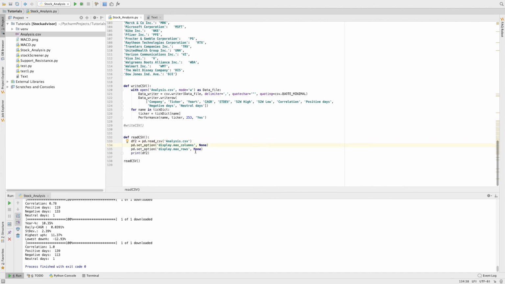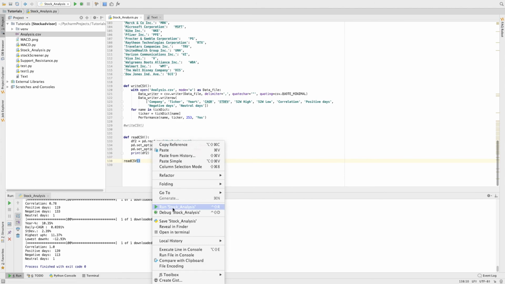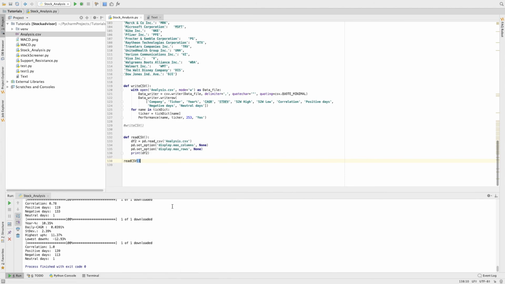Set the amount of columns to the maximum with none, so it's not maximized by amount, but it takes the total amount of columns and the total amount of rows and prints it out on the screen below, and then we print the data frame. So let's run it once again to see how it looks,